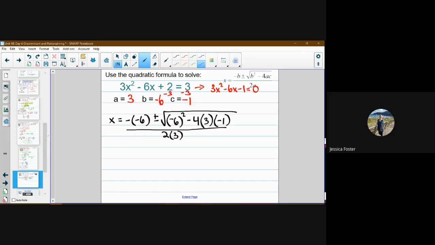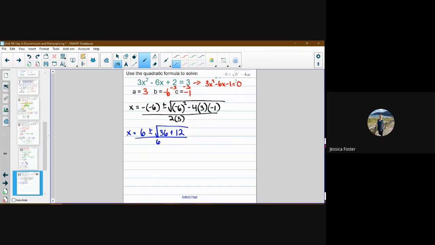All right, let's simplify. I'm going to simplify my double negative. Negative 6 is a positive 6, plus or minus the square root. Negative 6 squared is positive 36. Minus 4 times 3 is 12. 12 times negative 1 is negative 12. So if I'm subtracting that, it's going to be plus 12. All of this divided by 2 times 3, which is 6. All right. So I have x equals 6 plus or minus the square root of 36 plus 12, which is 48,